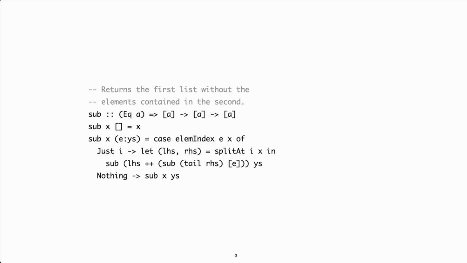The algorithm is relatively simple. There is nothing to do if the second list is empty. Otherwise, we look for an index of an element in the first list that's equal to the head of the second list. If we find one, we recurse one time to remove all occurrences of the head, and the second time to remove the other elements of the second list. If we don't find any, we recurse to remove the elements in the tail of the second list. This is a very simple and beautiful algorithm.